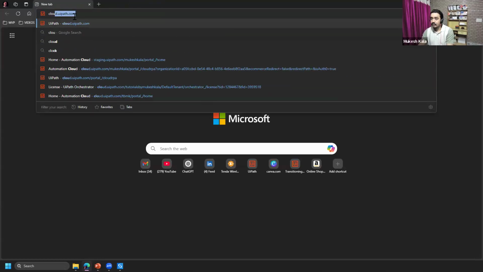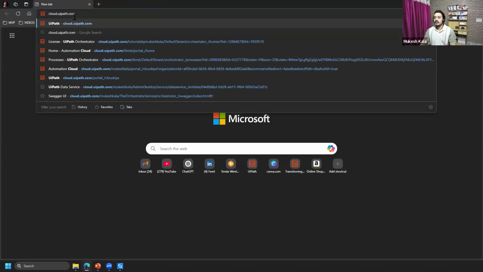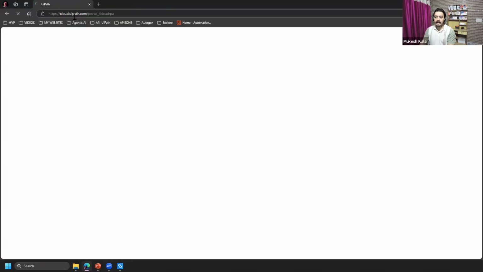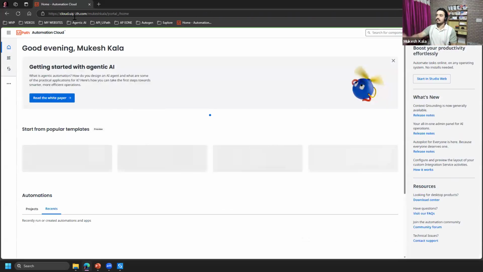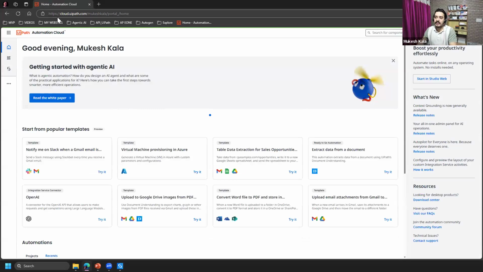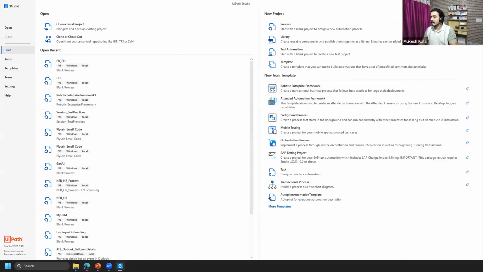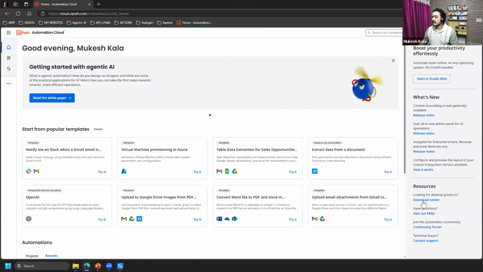And if I go to a website, which is called cloud.uipath.com, I say enter, right? This is the place where you get everything. It's a free account. You just sign up and get everything. You will get all these details in the session. It's very simple, right? You just have to log into this website, cloud.uipath.com, and that will give access to this website. If you are interested to build things on your desktop, same like this, you have this guy here which says Download Center, where you can download this stuff.